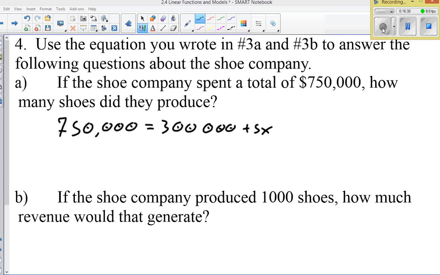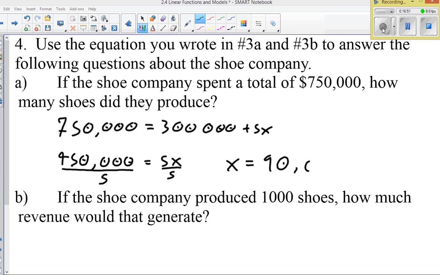To solve this, we subtract 300,000 from both sides. I get 450,000 equals 5x, and divide both by 5. I see that x is equal to 90,000